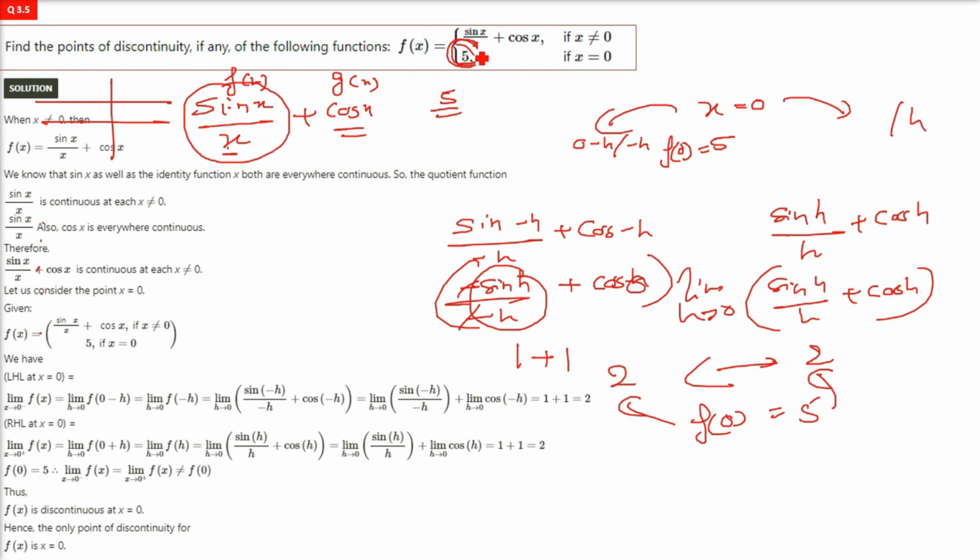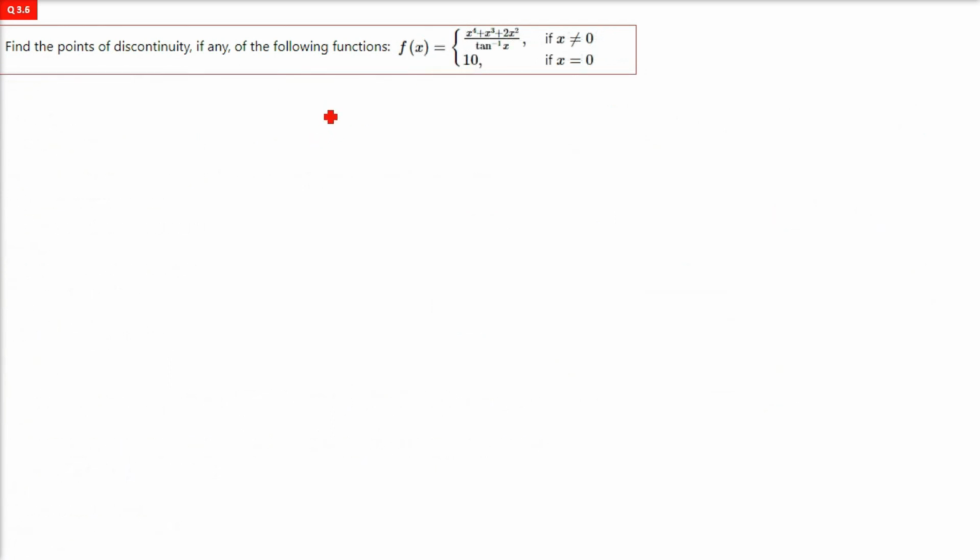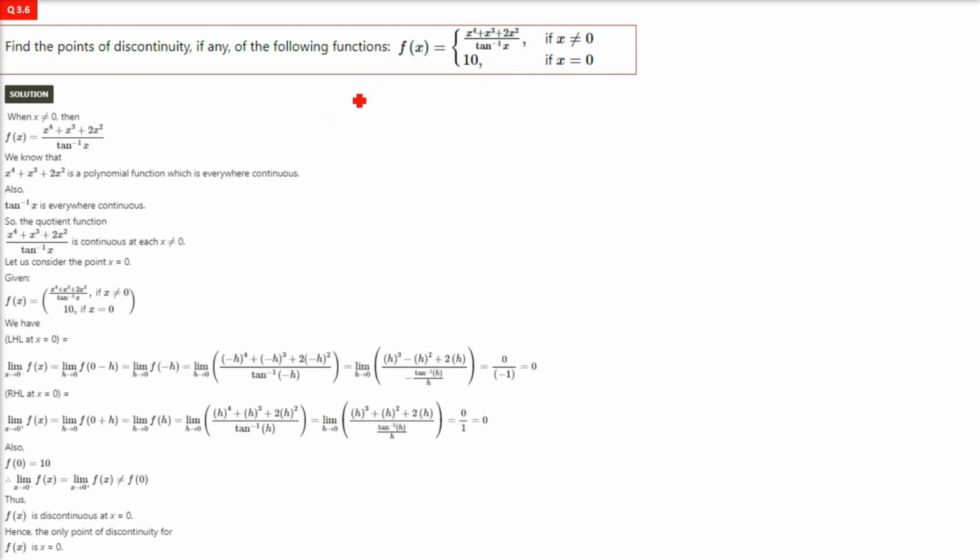So when we combine, separately the functions can be continuous by themselves, but when we combine them, then we need to see how they turn out to be. Again, the points of discontinuity for this function: fx equals, there is a proper function given when x is not equal to 0, and since tan inverse x is there,